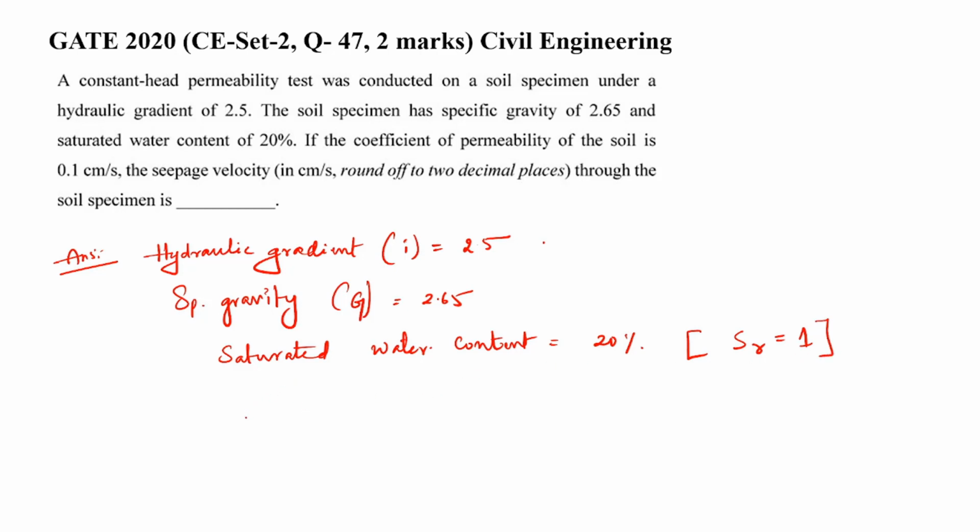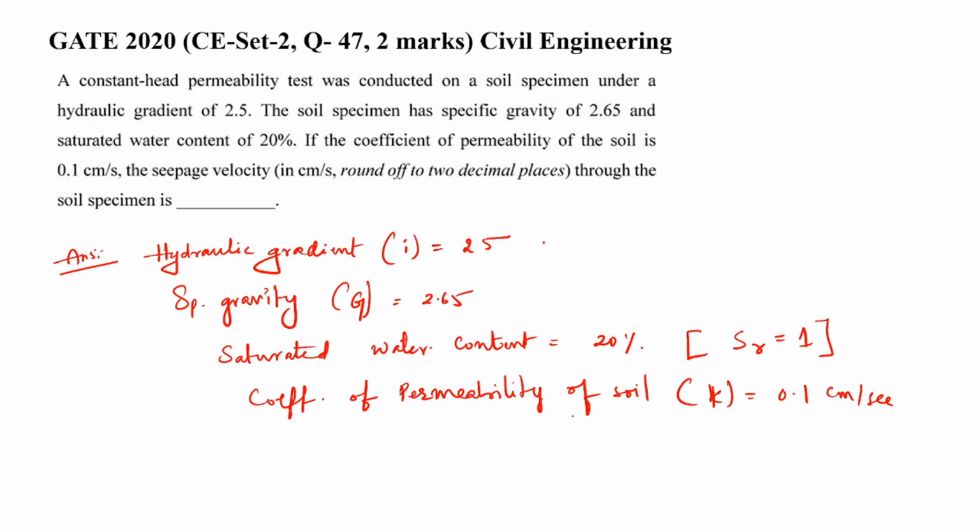Then coefficient of permeability of the soil, which is denoted by K, is 0.1 centimeter per second. Then what should you find out? What is seepage velocity? Seepage velocity denoted by small v suffix s. Okay,